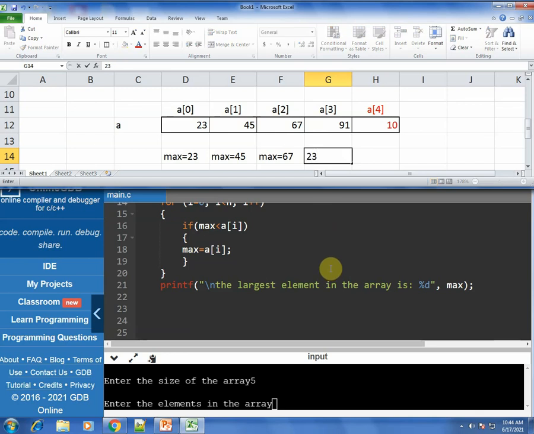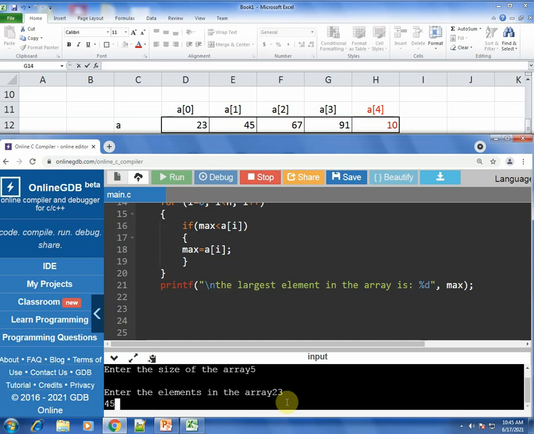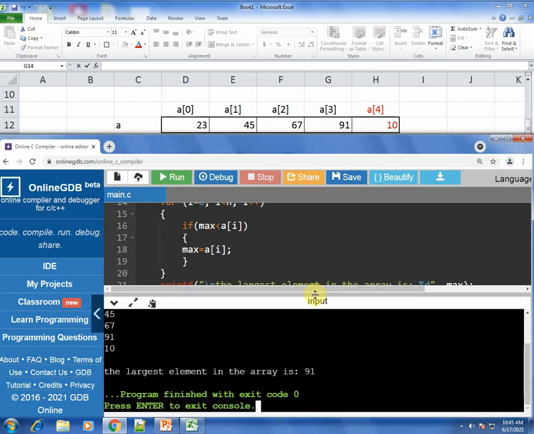23, sorry, it is typing here. Okay, 23 first element, then 45 second element, then 67 the next element, then 91 the next element, then 10 is the next element. I press enter. This is what the output is displayed.